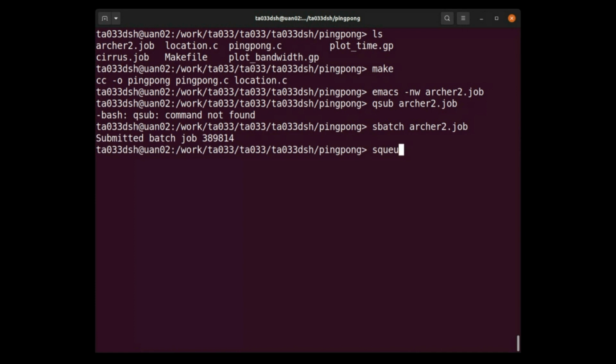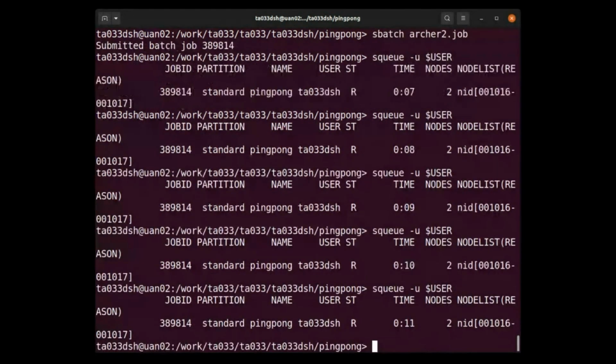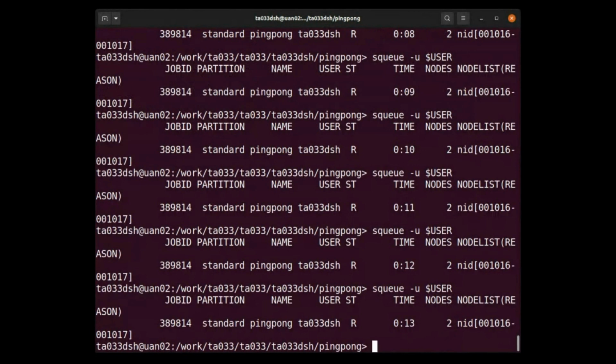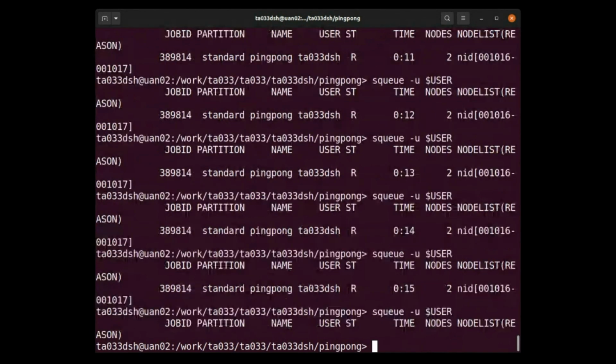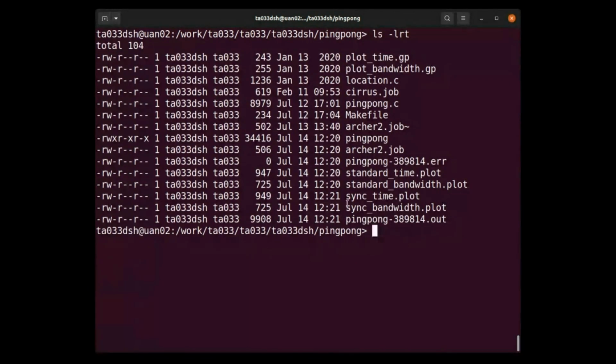So we do squeue minus u $USER, which is me, and it is running. It shouldn't take more than about 20 seconds to run, hopefully. Yes, it's finished now. What you will see is some output: there's an error file, which is thankfully empty, and a log file. So if I look at that log file,